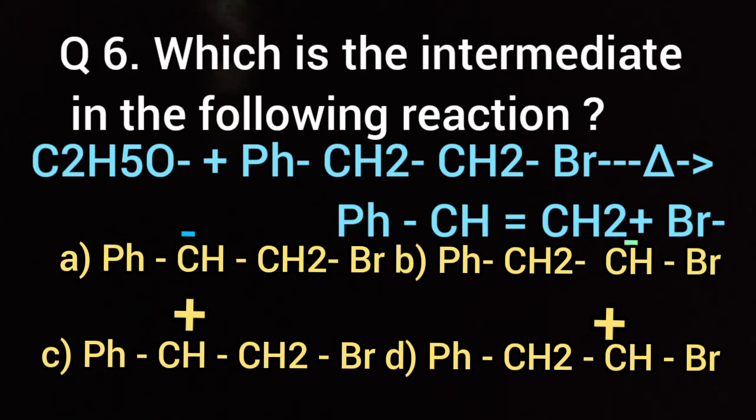You see there are 2 carbon atoms, one is alpha and the other one is beta. The beta carbon is connected to a phenyl group, meaning an electron withdrawing group. So the H atom connected to the beta carbon can be removed by C2H5O-. So it follows E1CB mechanism, and the intermediate is supposed to be PhCH(-)CH2Br. Here option A is correct.